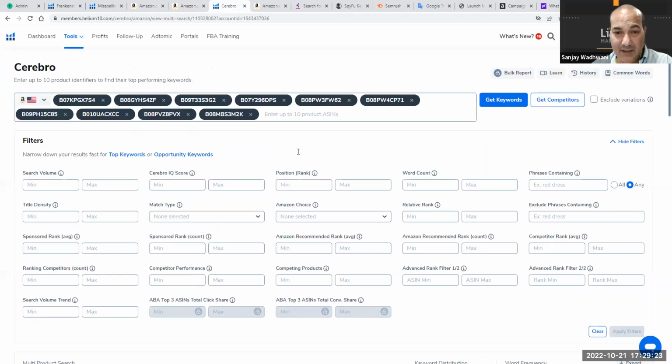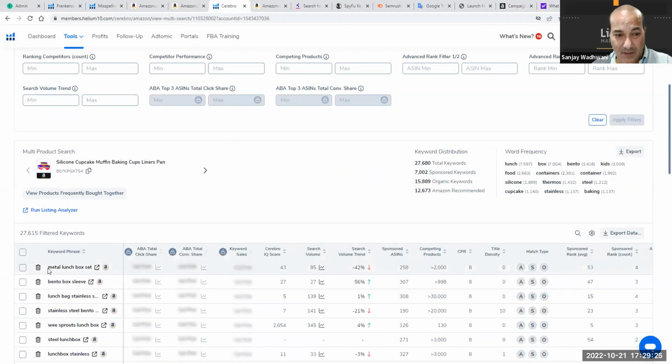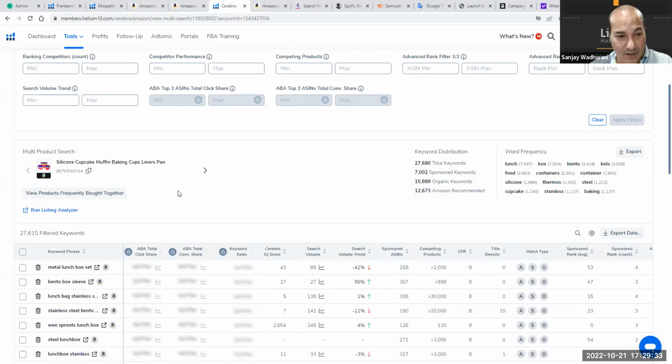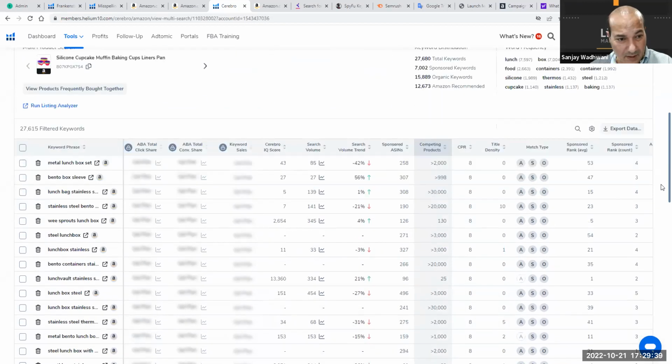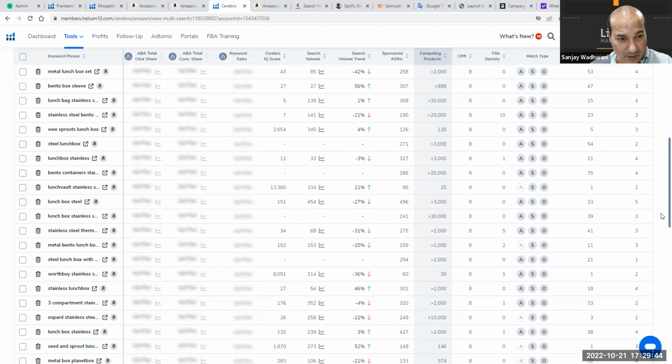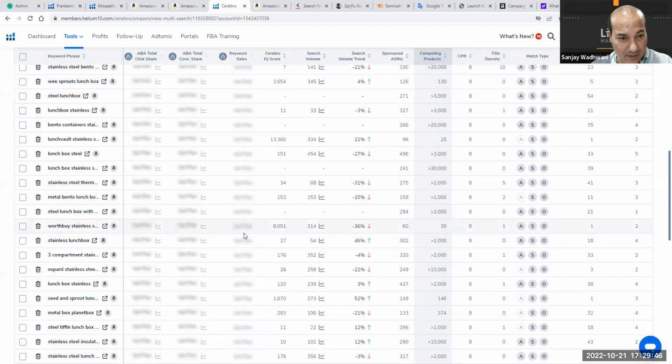Another way of seeing this is going under Cerebro. You see here, metal lunchbox. Metal, our product is not metal. So here we go, we take out metal. What's the next one we have? Steel, we took out the steel. Lunchbox stainless, we got that out. Let's see if we can find any other